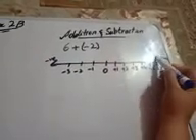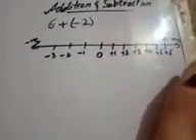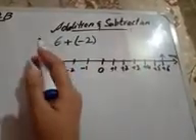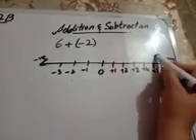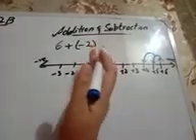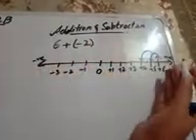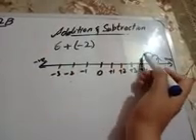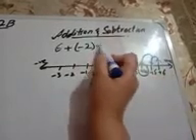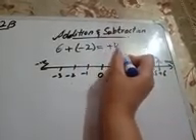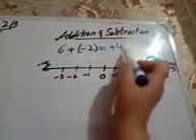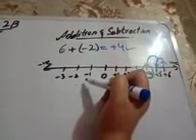Let's consider a person who is standing at positive 6 and has to move towards the negative side, on the left, 2 times. So he will jump the first time and the second time, backward. A negative integer is present on the left side of the number line, so for negative 2 we will jump to the left. Now the position we reach is positive 4. So the answer is positive 4.